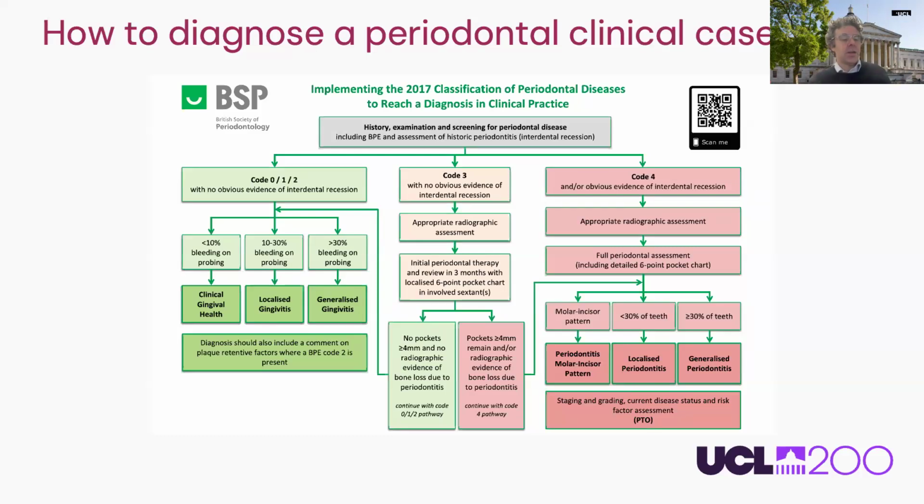Other important elements that are discussed in year one of this MSc are the application of the classification and diagnosis of periodontal disease. Here, I'm sure you are familiar with the BSP implementation of the 2017 classification. We discuss all this in depth, including case scenarios with clinical and radiographic cases, and we can discuss how we diagnose and how we then apply the flowchart from the BSP